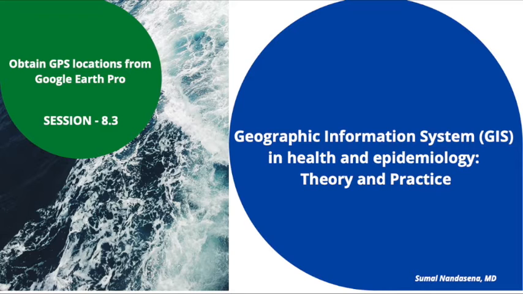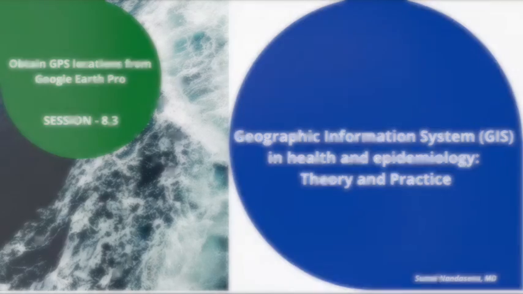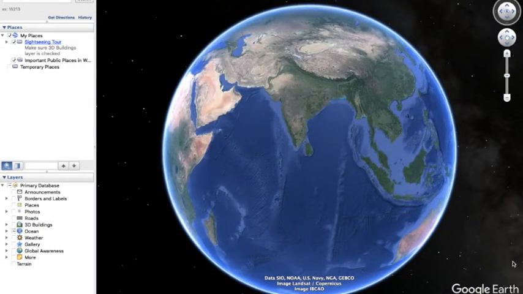Google Earth Pro is a geospatial software application that displays a virtual globe which offers the ability to analyze and capture geographical data. Nowadays, Google Earth Pro is used in different applications and different activities in day to day life. At the same time, Google Earth Pro can be used for very important activities, especially to obtain GPS locations to use in the GIS software.